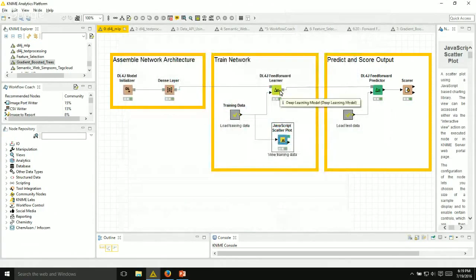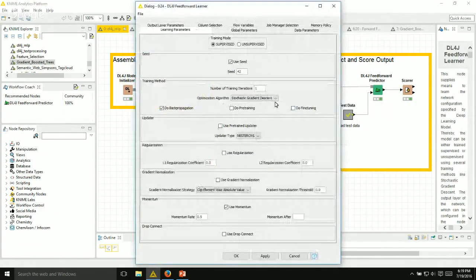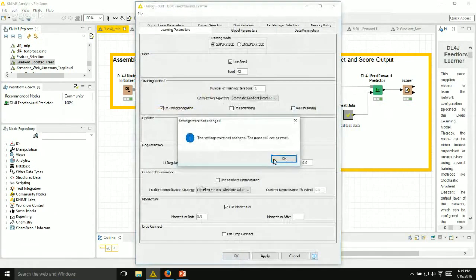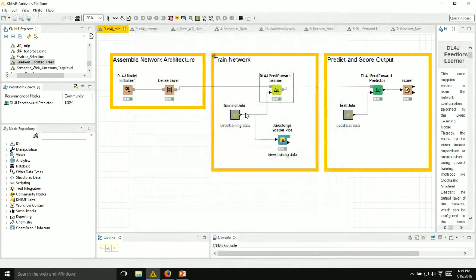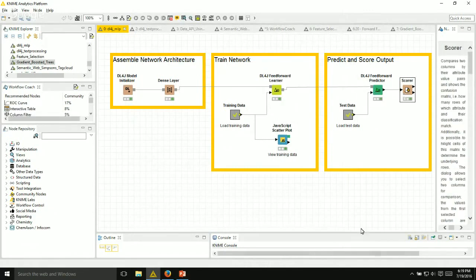Then we perform learning of the network, and the learner has a lot of parameters which can be adjusted in the learner dialog. Then after learning is finished, we connect the learner to the predictor node. The predictor node is also connected to test data. Then we can create predictions for our test data,